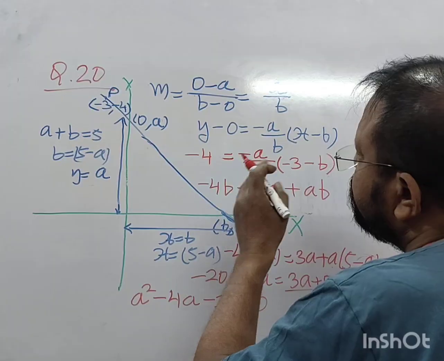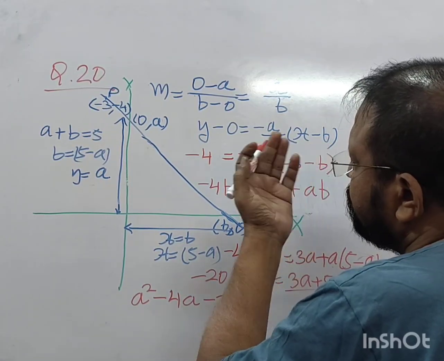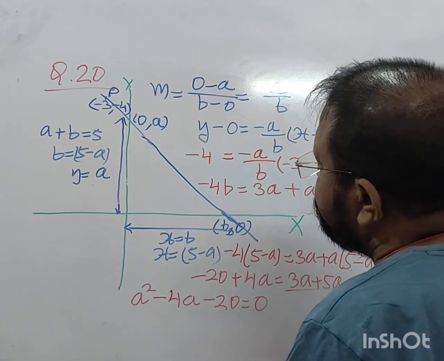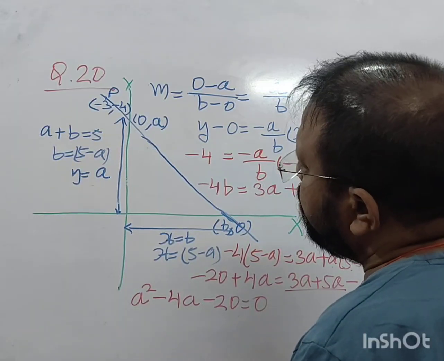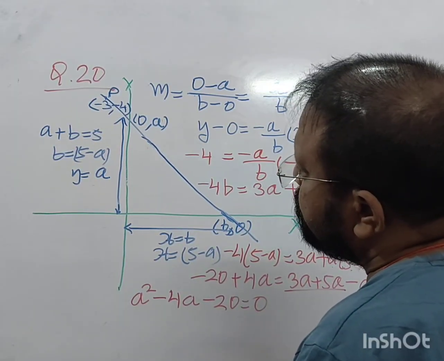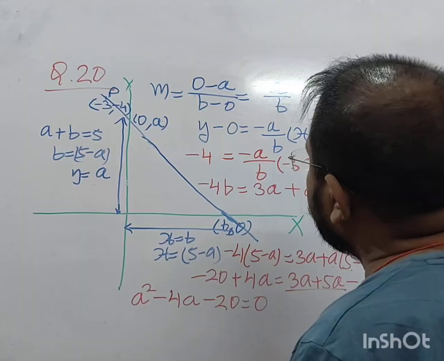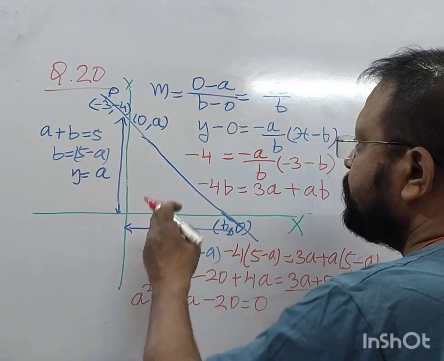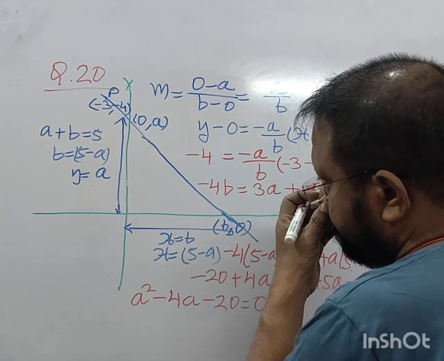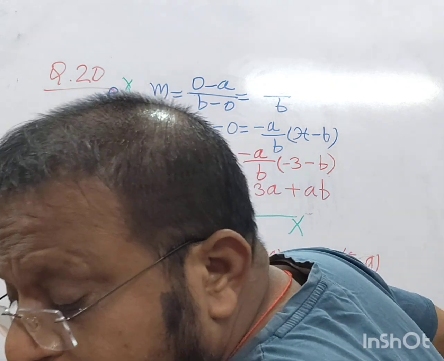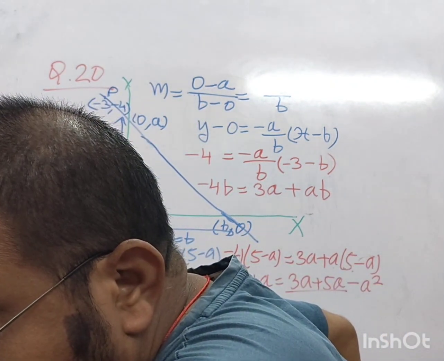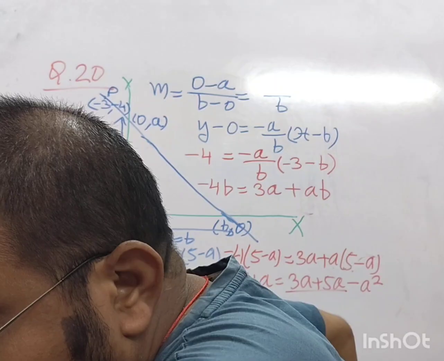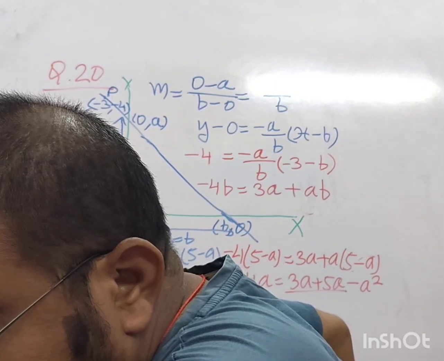What you do, very simple question, but it is not happening. You can't get that. Sum is 5, 5 minus a, we have taken b. If we interchange the positions, it is not given key a is